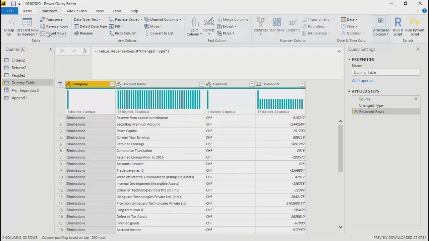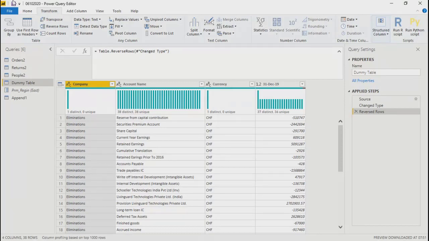Count rows. Any idea what it is going to do? It will count the total number of rows, which is the count. Basically it is going to return only one record as soon as you apply this, and that record will have the count of the total data in your data set.